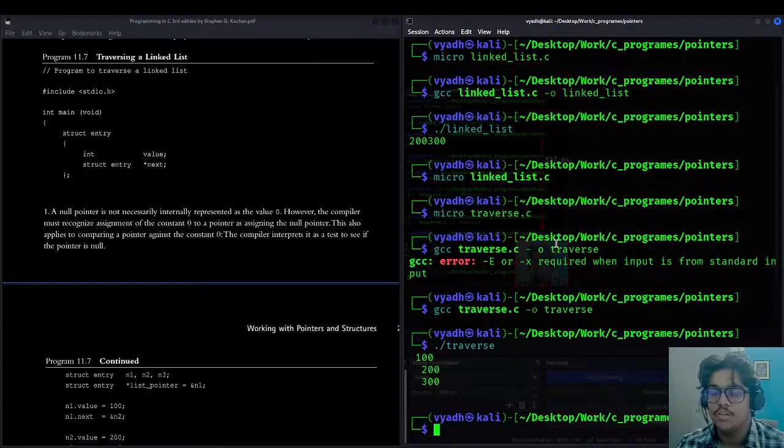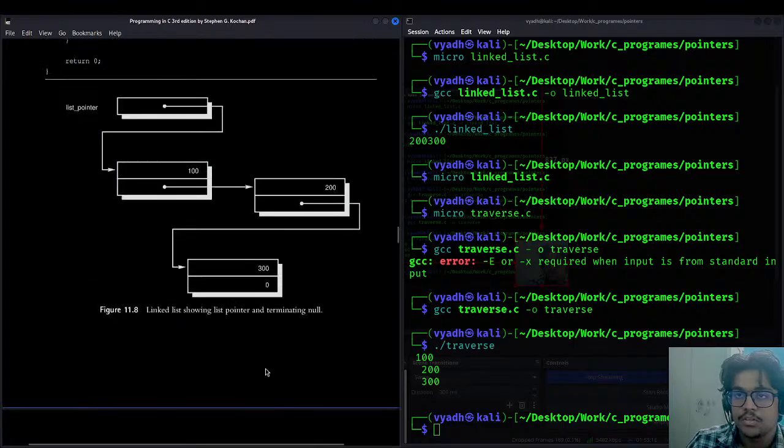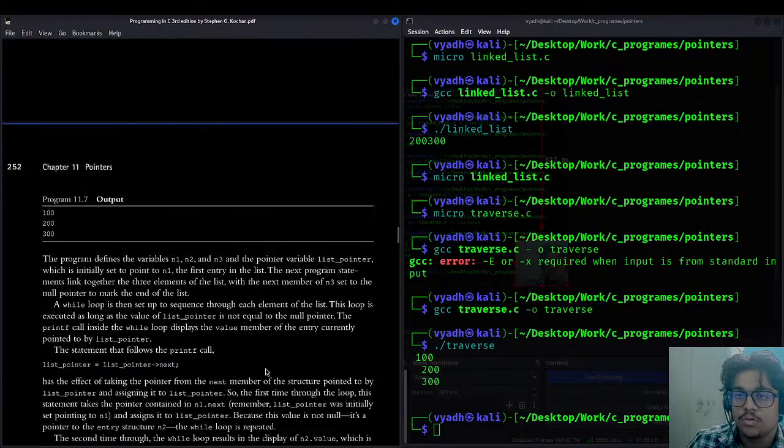Working fine because we are printing the values here. We keep printing till this list pointer is not equal to the null pointer. When it is equal to the null pointer, it will stop printing the values. Pretty simple, not that complex.